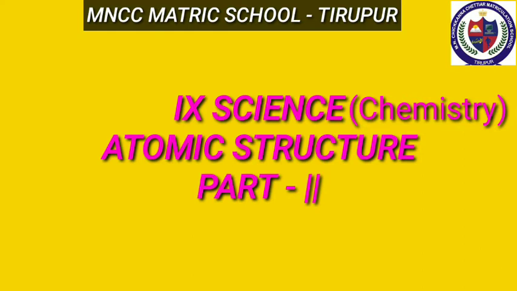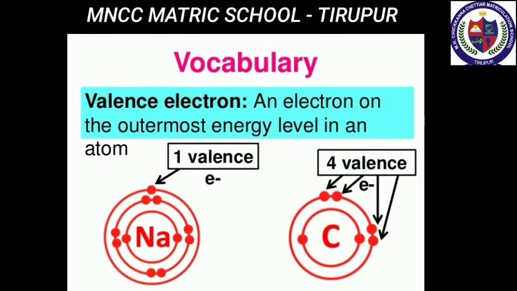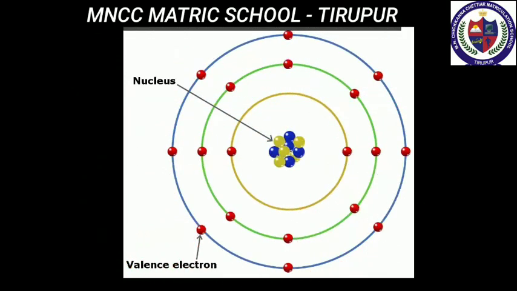Today we are going to learn about 9th standard science. The topic name is atomic structure part 2. In this picture we can see that there are 8 electrons in the outermost shell of an atom. These 8 electrons are called valence electrons. The outermost shell of an atom is called the valence shell and the electrons present in the valence shell are known